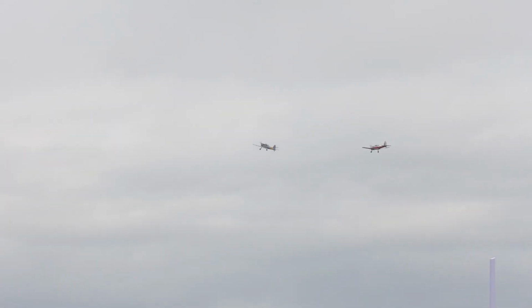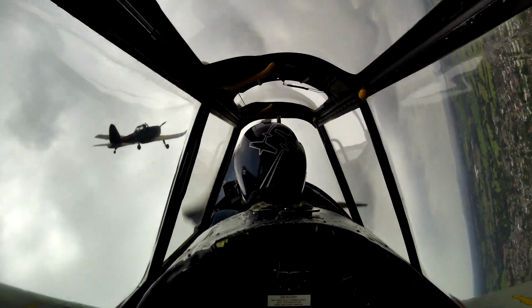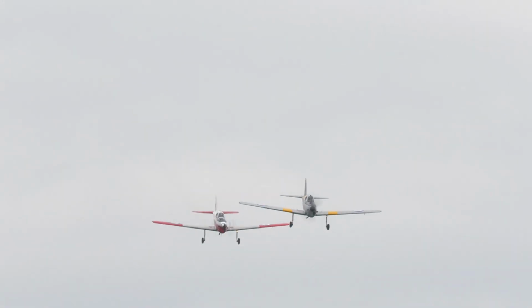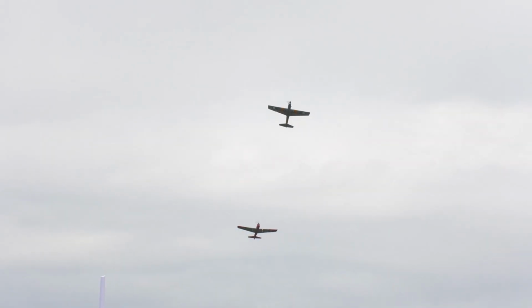Have you ever heard anyone say much of a bad word about the Chipmunk's handling? Absolutely not. Certainly one of those aircraft that just had enough about it to not let you get lured into a false sense of security, which is just what you want in a training aircraft. It's a terrible old cliche, I know, but easy to fly, difficult to fly well and accurately, but it is